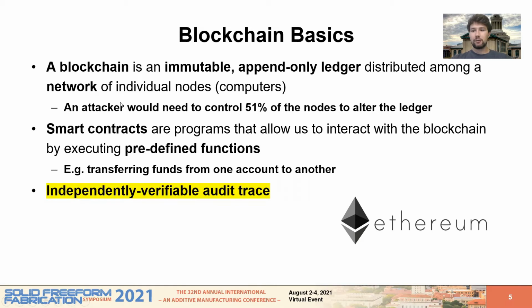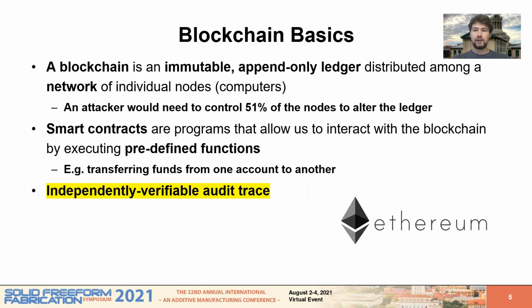While blockchains vary in what's called the consensus protocol, essentially what they all have in common is extreme fault tolerance. Attackers would need to control a massive amount of computing power if they wanted to even attempt to alter the ledger. The way we interact with blockchain in this application is through the use of smart contracts, which are just